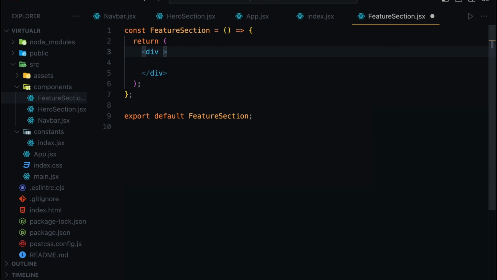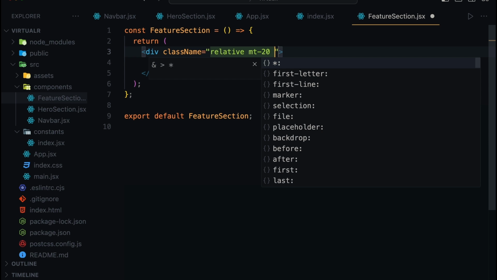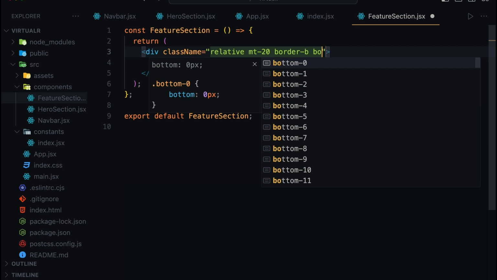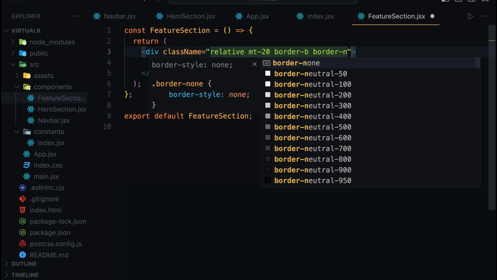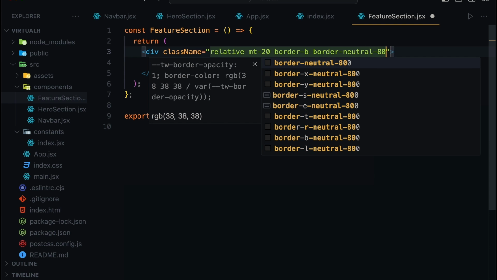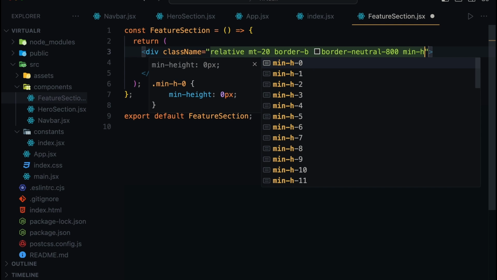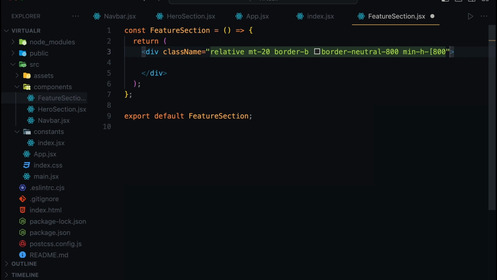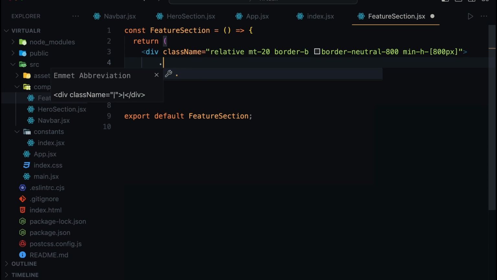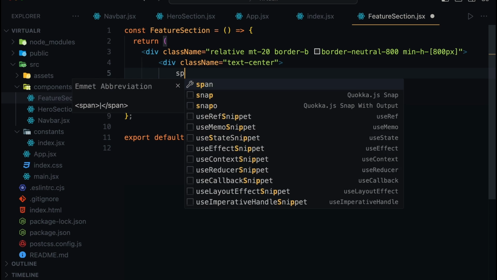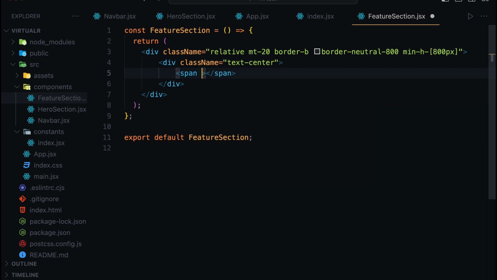I'll add a div with class relative, margin top, border bottom of color neutral 800 and minimum height of 800 pixel. Inside this, I'll have the feature text that you see on the top with text center, a span with class background neutral 900,